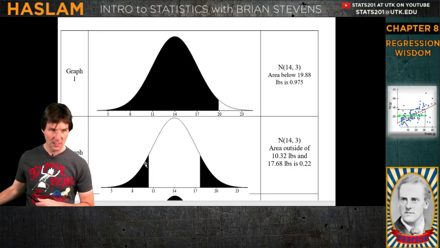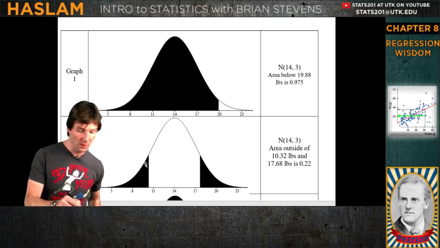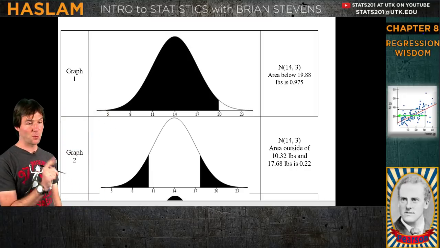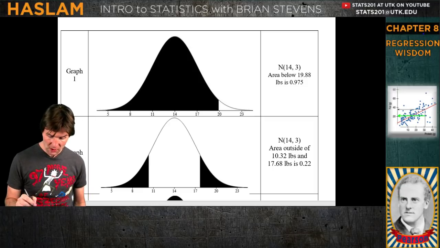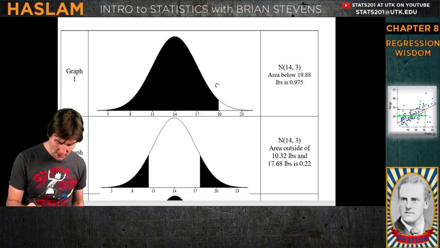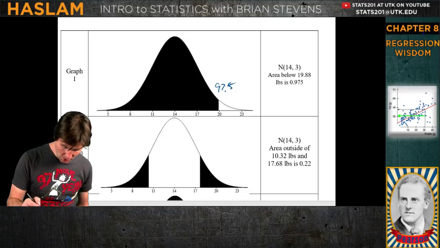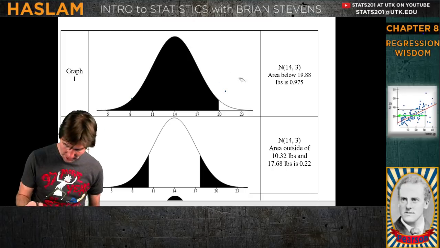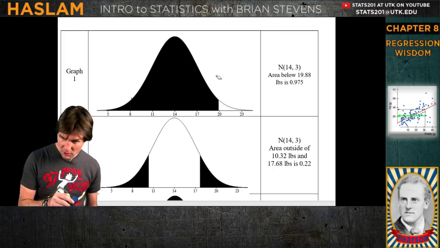Okay, let's take a look at this. We got a bunch of graphs right here, and here's what we're going to do. First thing I do when I see graphs is I write on them. So notice how this is saying that this is the 97.5th percentile. Well, I could go right here on this and use this to solve. We might need red. I'm going to do it all in red because that'll mark on black pretty well.